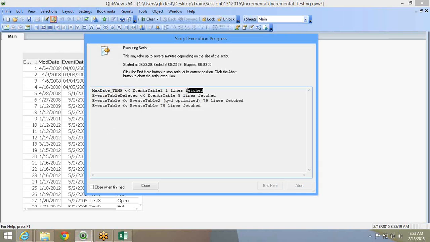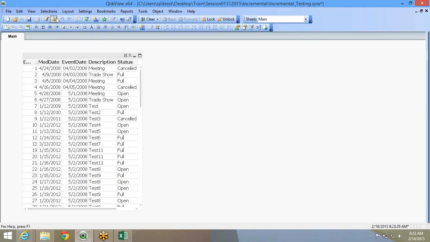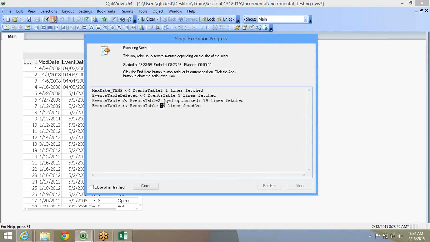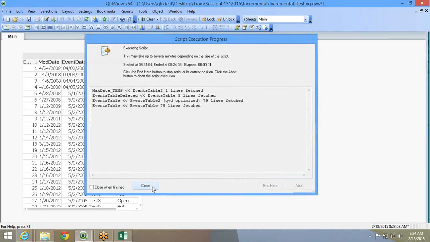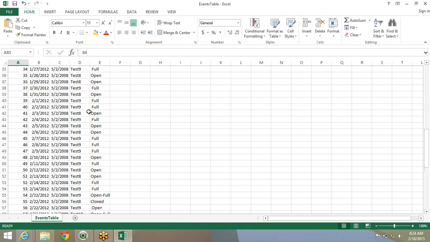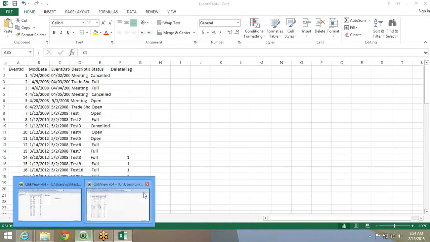So the events table has 5 records. If you look, you observe this, right? My last store is 79 records. Now the events table has been marked as deleted, but we have already deleted those lines, right? That's why this 79 is untouched. Now I'm not making any change. If I keep reloading, my final result will still be 79. It won't do anything, because there are no changes. Nothing will happen.